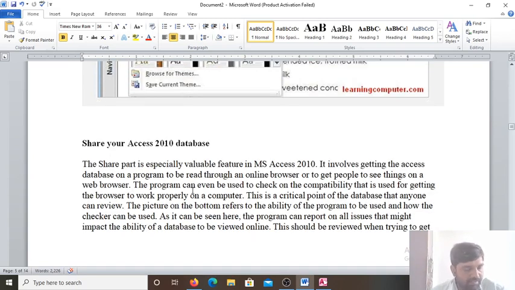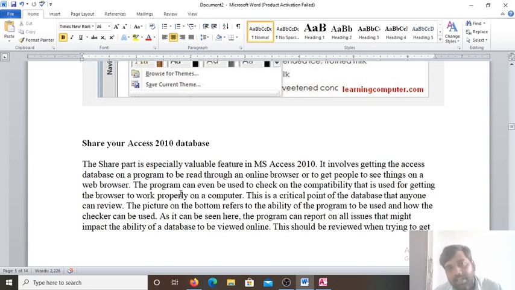Okay, next thing is the types of database, which I have told you that there are two types of database. One is the flat file, another is the relational database. So a flat file database is a database that contains records which have a small fixed number of fields without any structured relationship. Like a Microsoft Excel spreadsheet is a flat file database in which you cannot establish a relationship between two different tables created in the database.